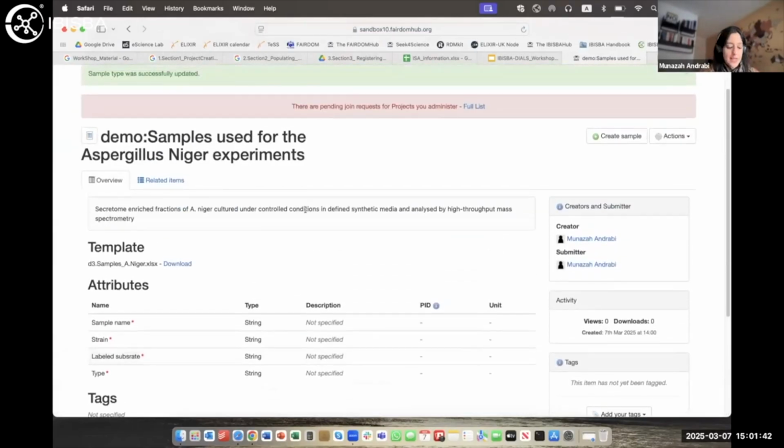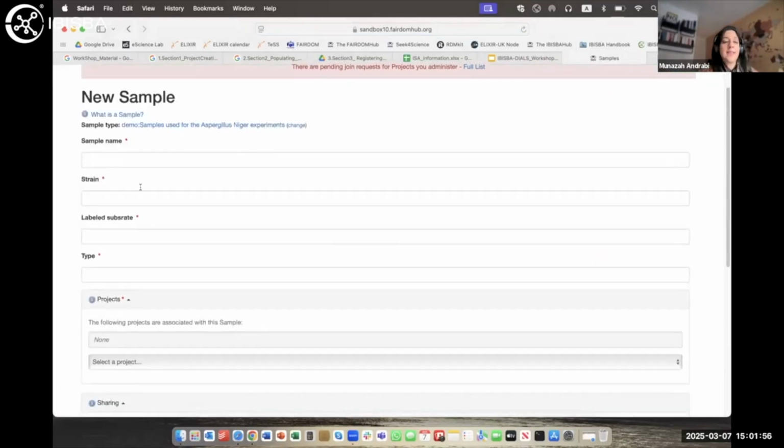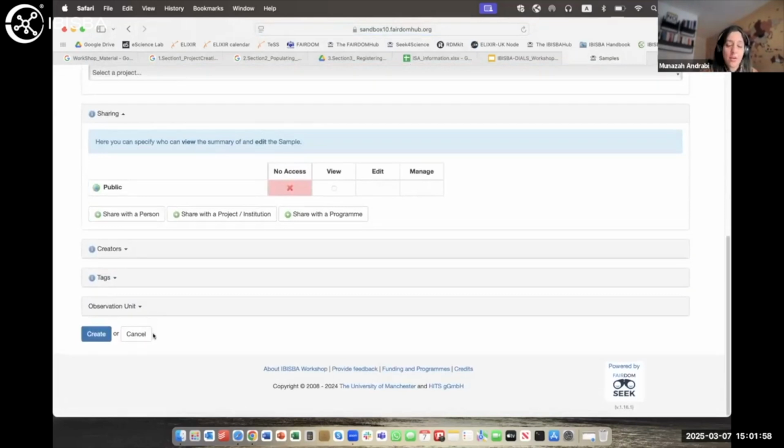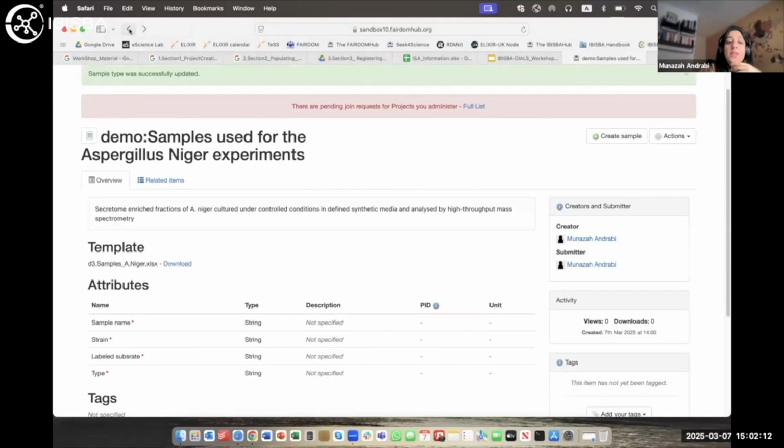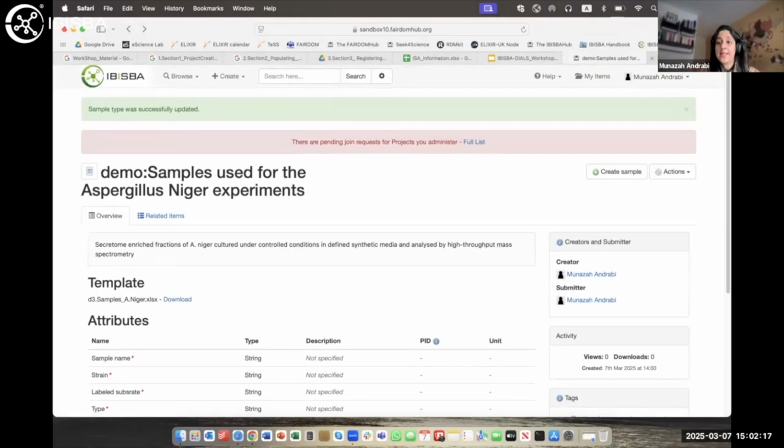Now, the next thing obviously that you would like to do is add samples to the sample type. Now you can do that in two ways. Either you can go and create sample from here, just create sample and then add sample names and add the information according to the sample type we have created. But that's not what we are going to do today, because we don't expect that you will have a few samples. We always expect that the possibility is there will be more samples. So instead of doing this, what we're going to do is that we are going to upload the samples via a template. This is the template that we have created, and that we are going to upload this to our